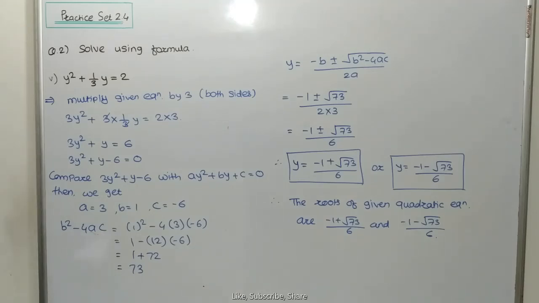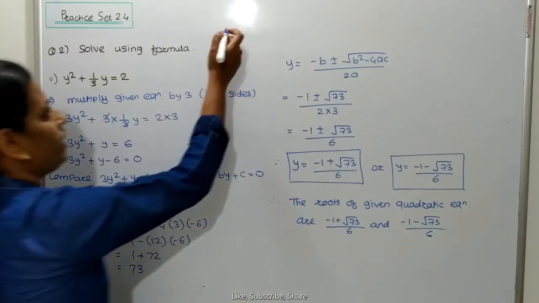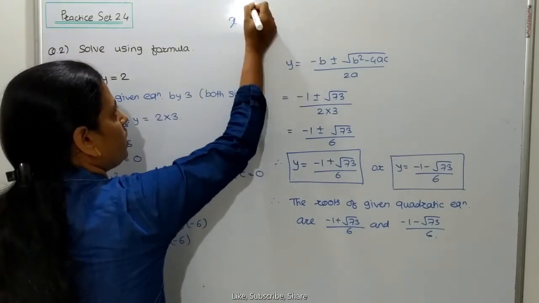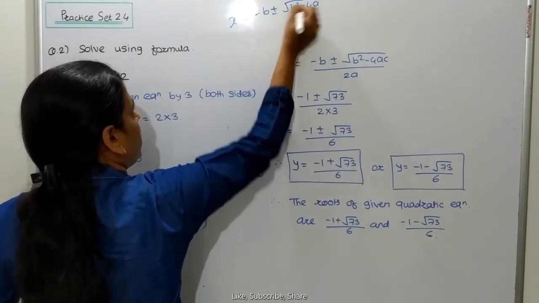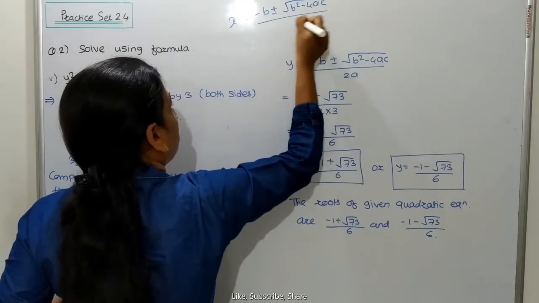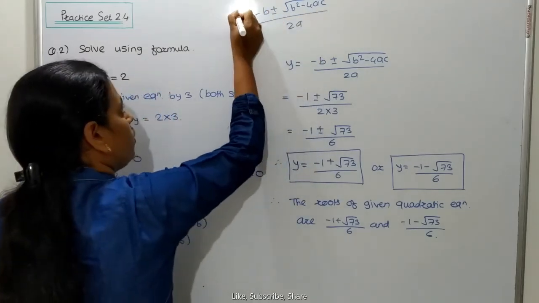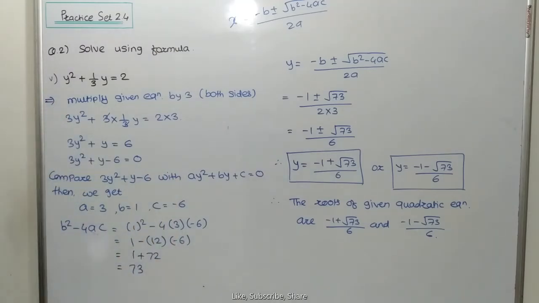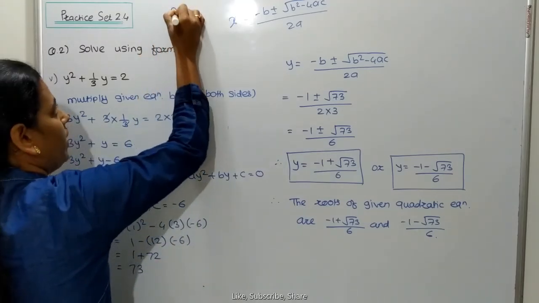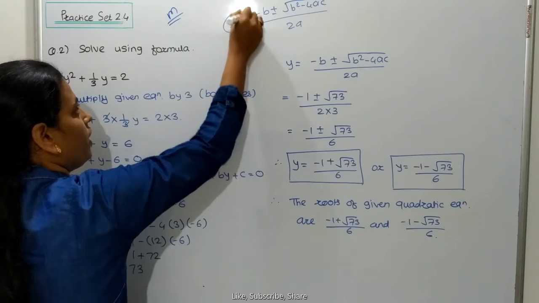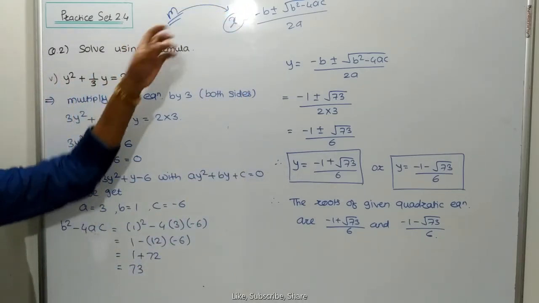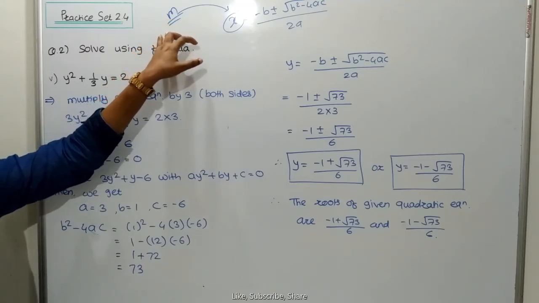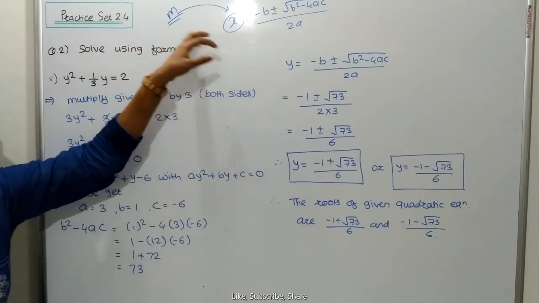Listen here, in the previous example, the variable is m and I am using x. I have to write this formula, x is equal to minus b plus minus root of b square minus 4ac upon 2a. But instead of x, the given quadratic equation contains the variable m. So just correct it, instead of x you have to write down m. Why? Because the given quadratic equation is in the m variable format, not the x variable format. So please correct this part.